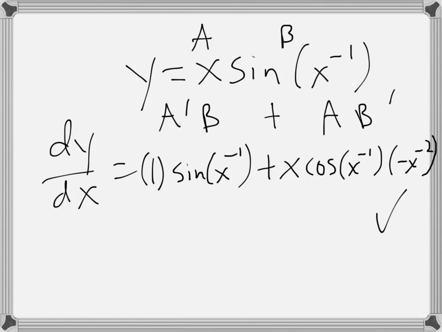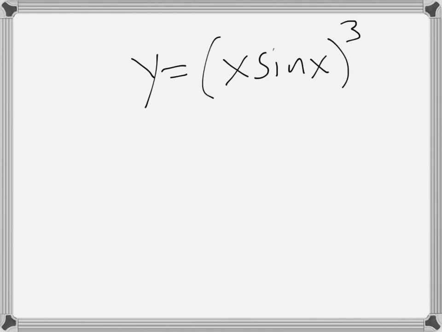Okay, so that's the first thing that can happen, is you encounter the chain rule during the product rule. The other thing that can happen is if you do the chain rule, the derivative inside might be a product. So let me give you an example of that. So this is just one I've made up, and so it's x sine x all cubed. Now you could cube both individually and then revert it back to the previous situation, or if you want to